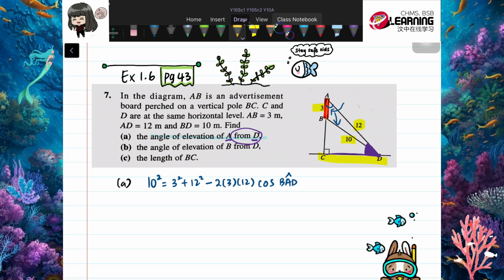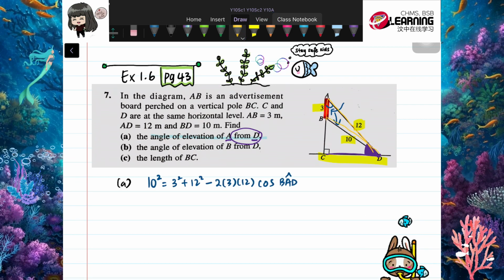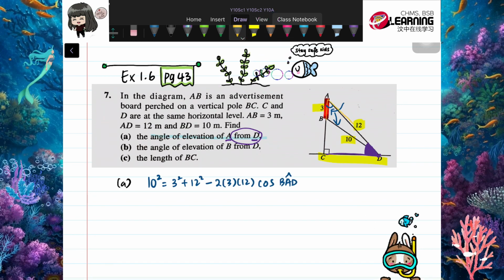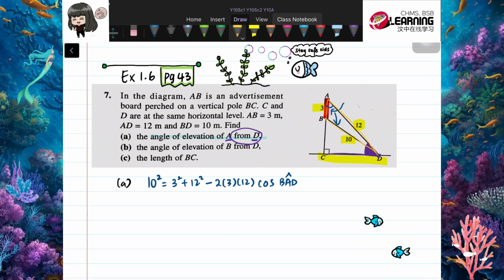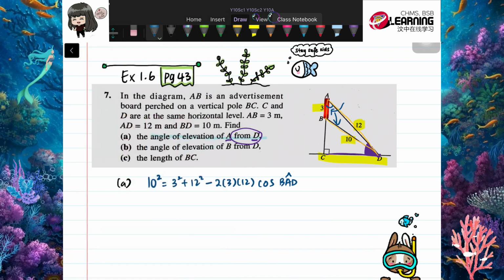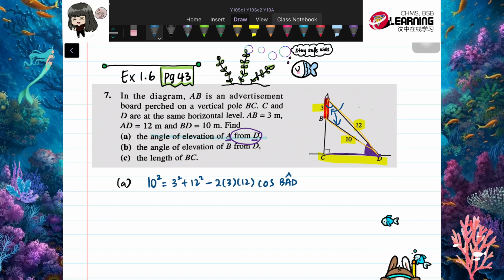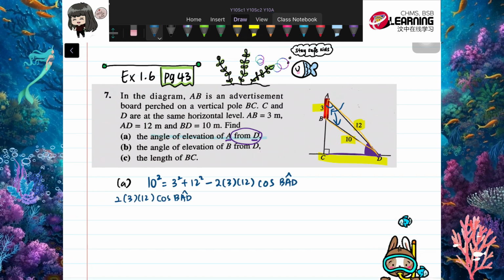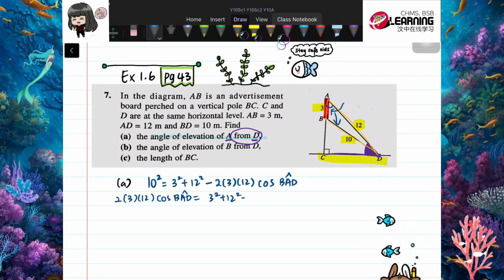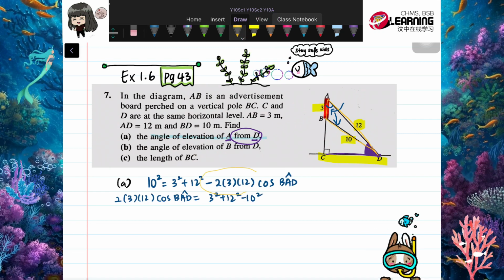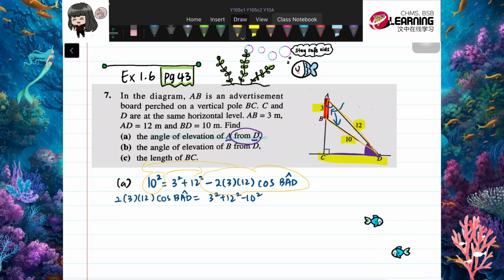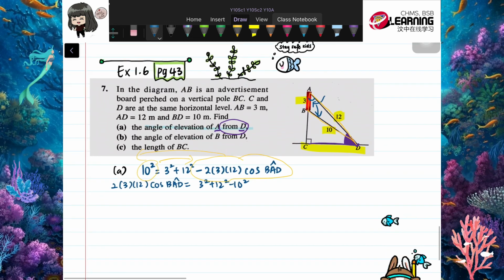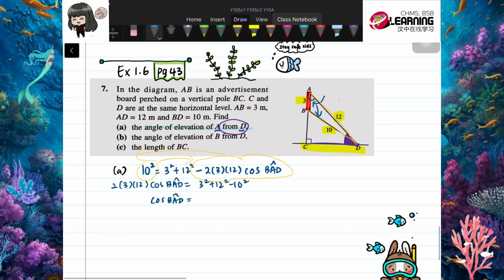I hope you can see the triangle here. I'm going to draw this triangle out again. Look at this triangle. We want to find the angle of BAD. I'm moving this whole thing to the other side, and 10 squared to the other side. This one we already learned in the cosine rule previously. So after that I move